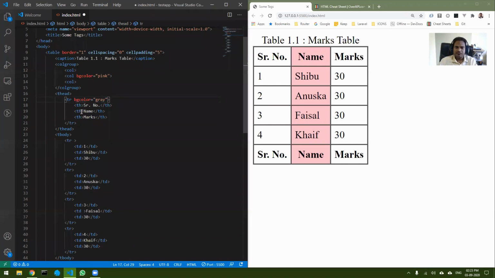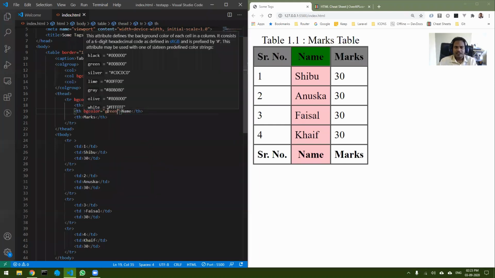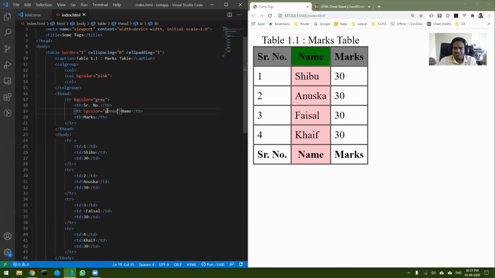And in fact, if I override this also, now the th takes preference over everything else. So this entire HTML is all about preference. The more inside it is, the higher the precedence it has. So this is very important. Any doubts still here?